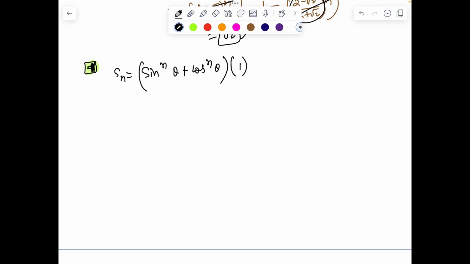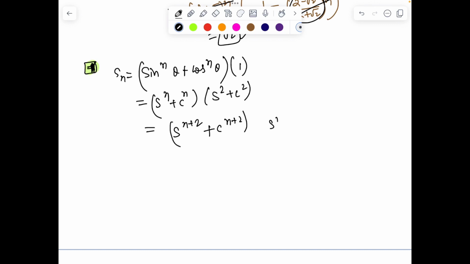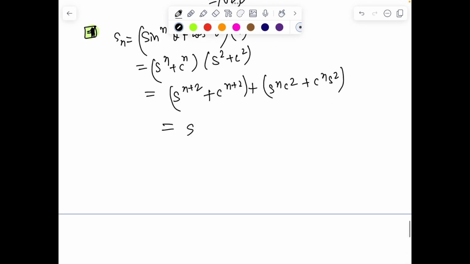S_n. अब मैंने इसको क्या किया, इफ आई मल्टीप्लाई विद 1, सो S_n कैन बी रिटन एज 1। अब 1 को मैं चालाकी से sin² + cos² लिख रहा हूँ। तो अब देखो, इसको लिख दिया: sin^n θ ⋅ sin² + cos^n ⋅ sin², फिर S_(n+2) आ जाएगा, राइट, एंड देन वी हैव sin^n cos² + cos^n sin²। मेक सेंस? तो अब देखो, दिस क्वांटिटी बिकम्स S_(n+2)।